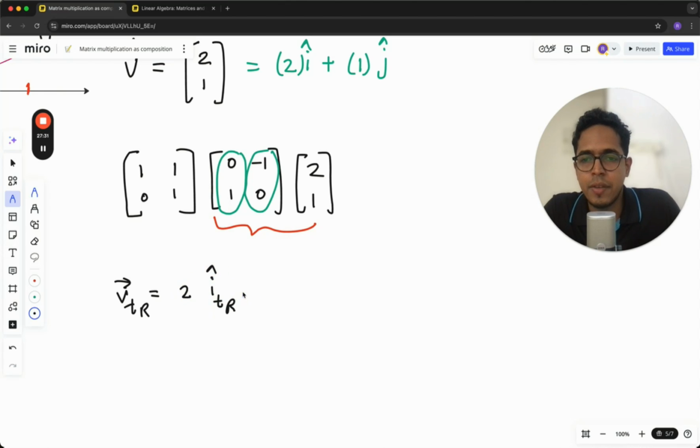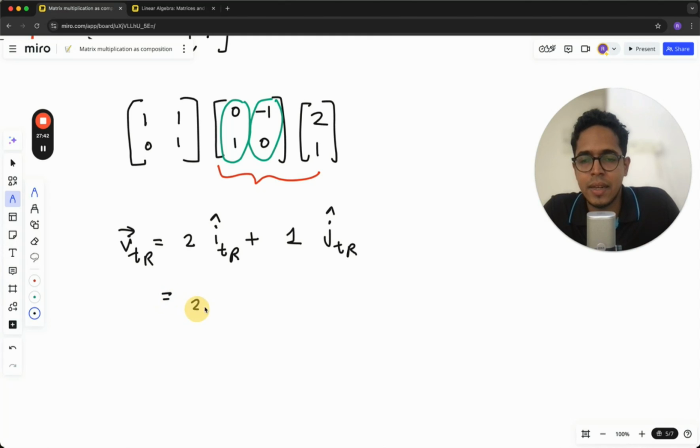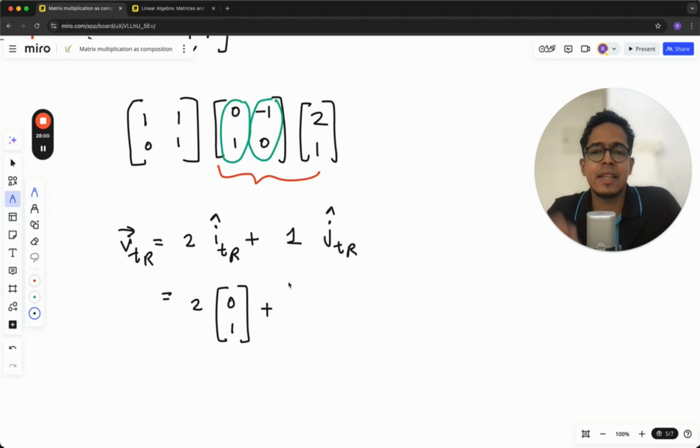This may be unit vector, may not be unit vector, depends on the operation, plus 1 times wherever the j unit vector ends up after rotation transformation. And where is that? That is 2 times this guy, 0, 1. The first column of the first linear transformation matrix is where the unit vector i ends up. So that is 0, 1, plus second column of the first linear transformation matrix is where the unit vector j ends up after rotation. So that is 1 times